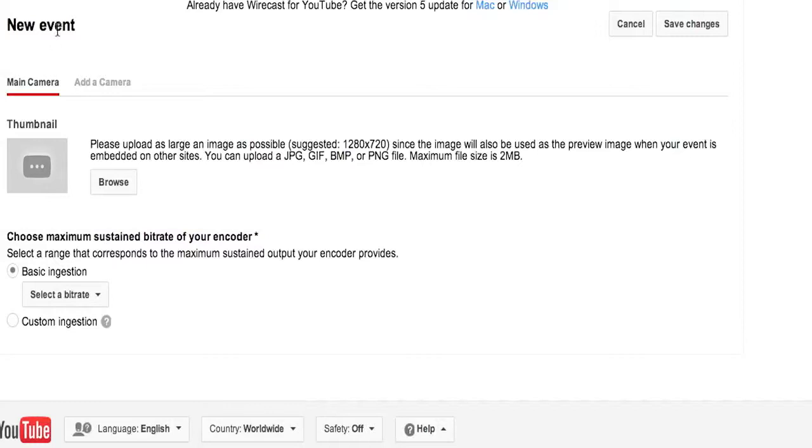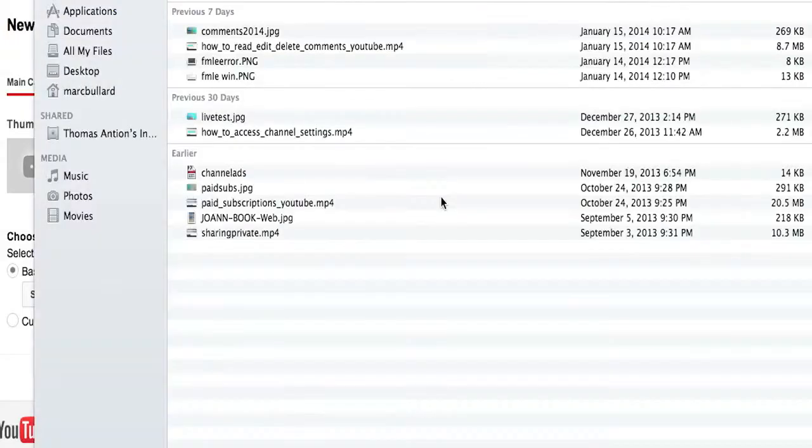Now we're at the new event camera page, and we have a main camera and an add a camera tab. The add a camera tab is only going to be used if you have multiple cameras, and that's more advanced, so don't click add a camera because then you're telling YouTube to add another camera and then you have to delete it later on. We want our main camera, and we have some options here to upload a thumbnail image that will help advertise